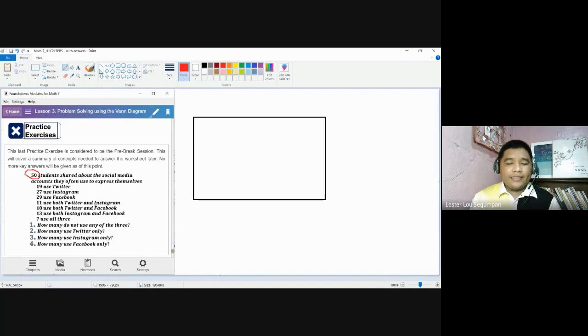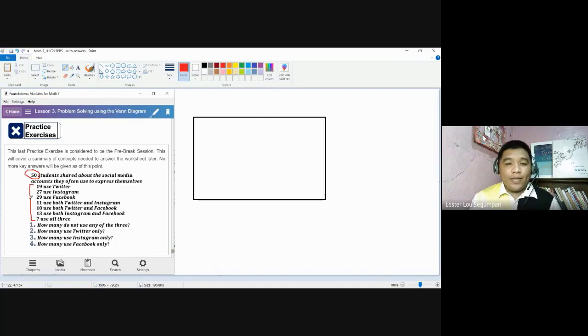However, there is a very big problem here when you look at the number of responses. If you're going to add all of this, you might reach a number which is more than the number of students being interviewed. This anomaly is actually taken from an individual or a student who could have shared more than one social